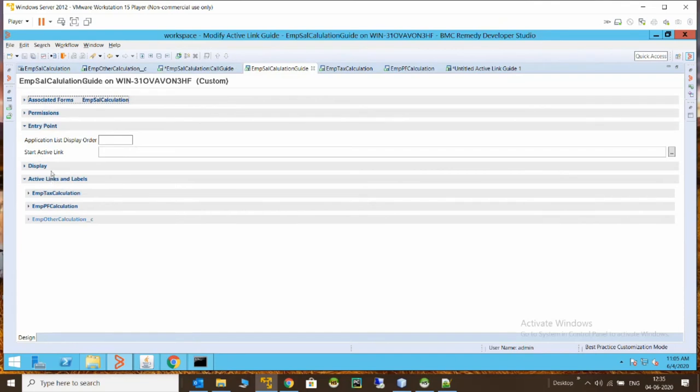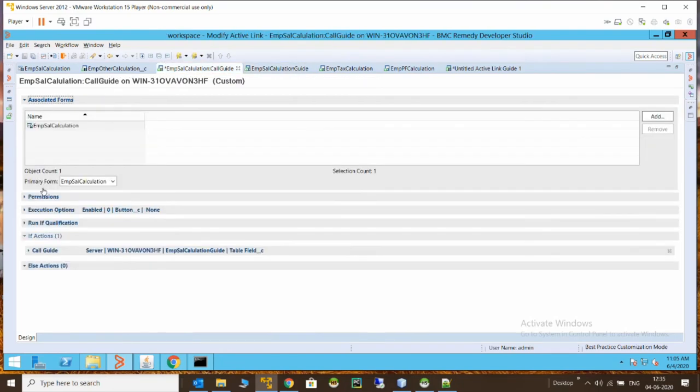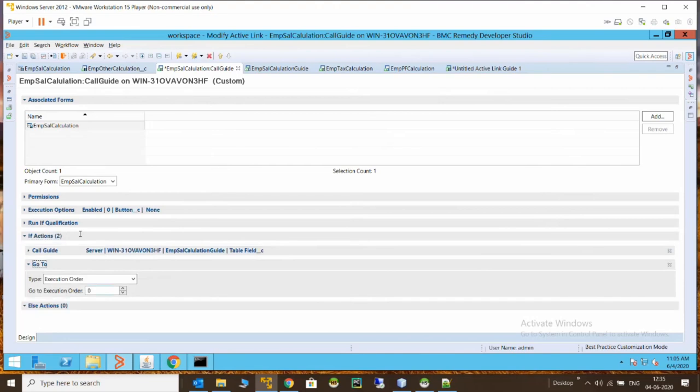There are two options basically, one is adding a new label. Then in the active link you can write a workflow to go to that label, or there is one more action in active links which is called go to. I'll show you. This is that action, go to. Here you can define the execution order. Let's say I have defined an execution order 10 here. Now if I go here, in my guide,